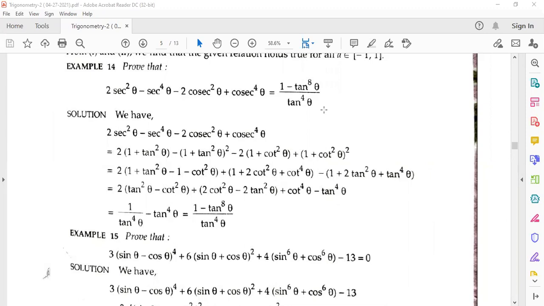Did you understand this? Actually, we have to look at the right hand side, what is there. According to that, we have to make our formulas, right? This is the most important thing. If any proof or identity is given and we start from the left hand side, then we have to observe the right hand side very closely, which is given in the right hand side, and that will give you some indication of what you have to do. Here in the right hand side, we have already observed that all those things are given.